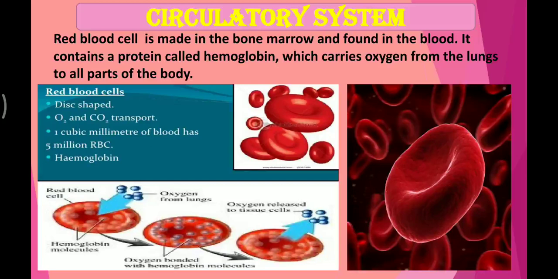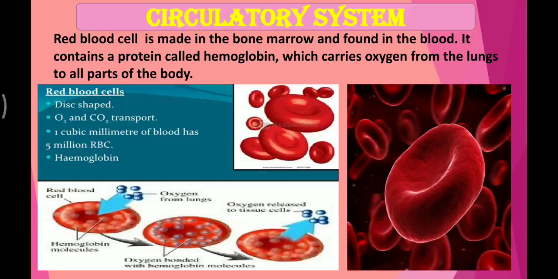Red blood cells, you can see how they are. They are somewhat disc shaped, like a concave mirror or concave lens. Double concave, biconcave, you can see. They are always produced in bone. In the edge of the bone, those who eat non-veg know very well, there is something like a thick thing inside the bone. That is the place where red blood cells are produced.